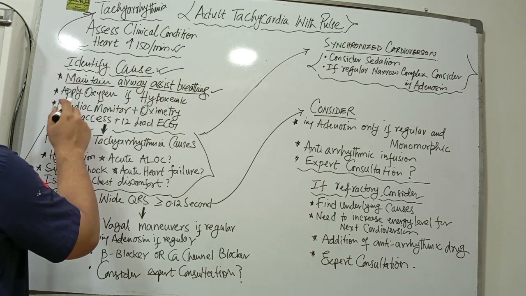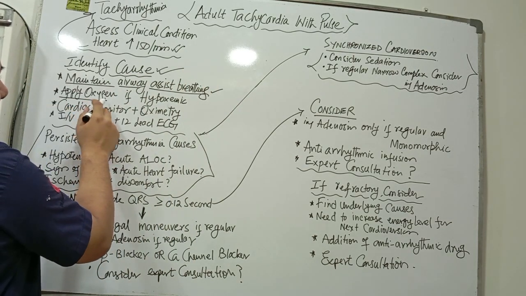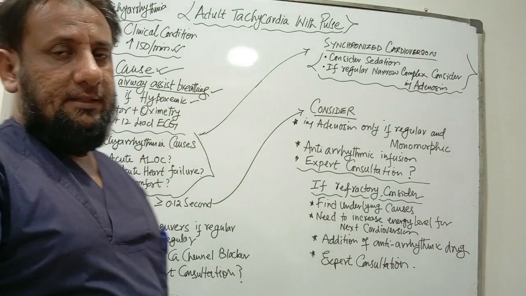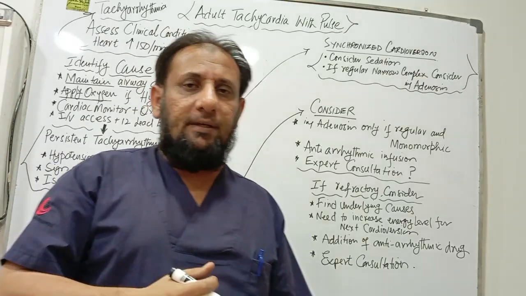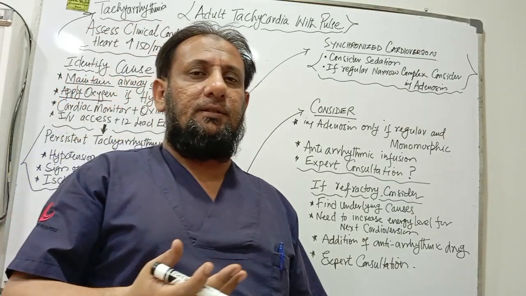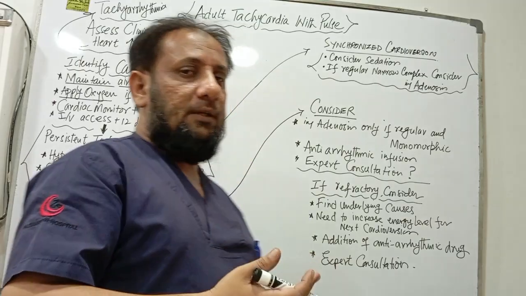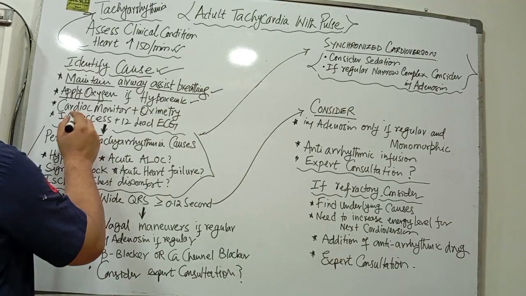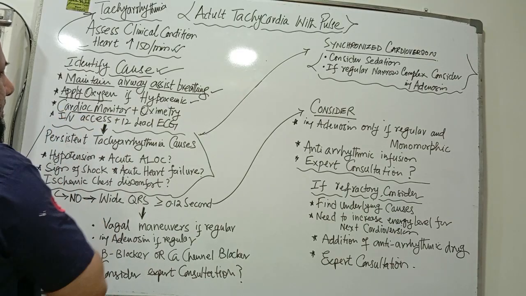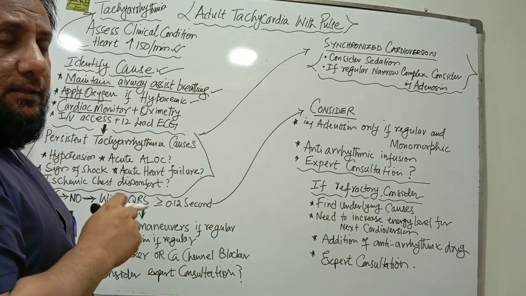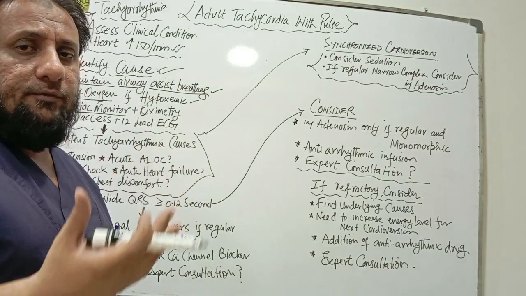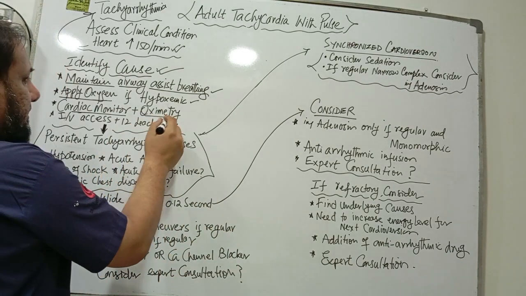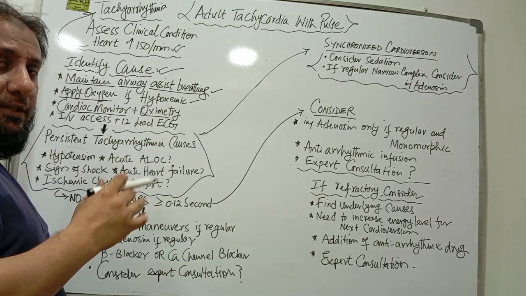Secondly, we will apply oxygen to the patient if the patient is hypoxemic. If your patient is hypoxemic, you will attach oxygen according to the saturation on the monitor and the clinical condition of the patient. Attach the monitor to check the rhythm of the patient. There are many types of tachycardia, and you will find them on the monitor. Then attach the oximeter and check the oxygen saturation.